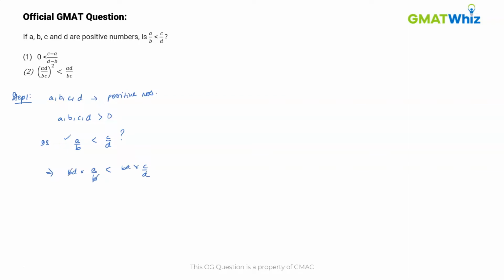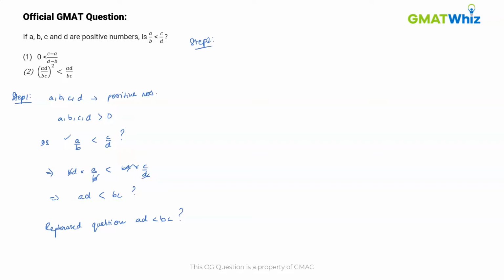B gets cancelled from the left hand side and we have AD or DA less than BC. So this is the rephrased question that we have to check: if the value of AD is less than the value of BC. Now that we've simplified the given inequality, let's move on to step 2